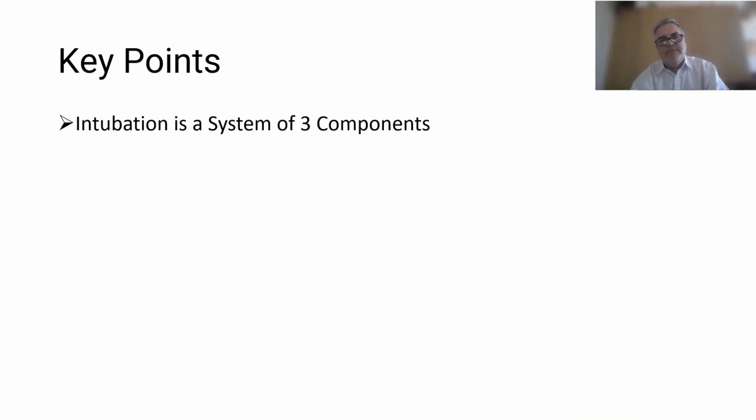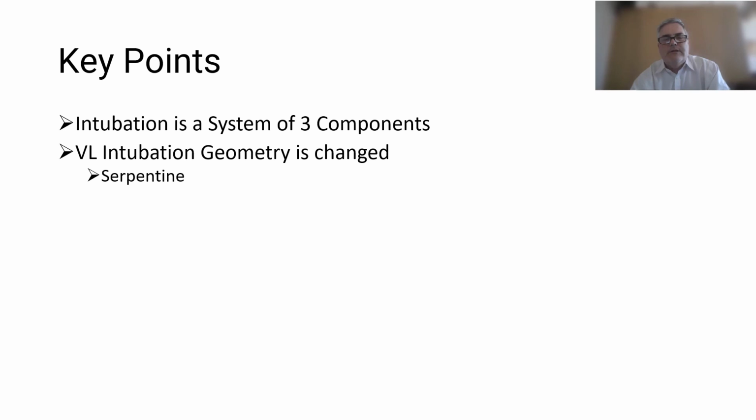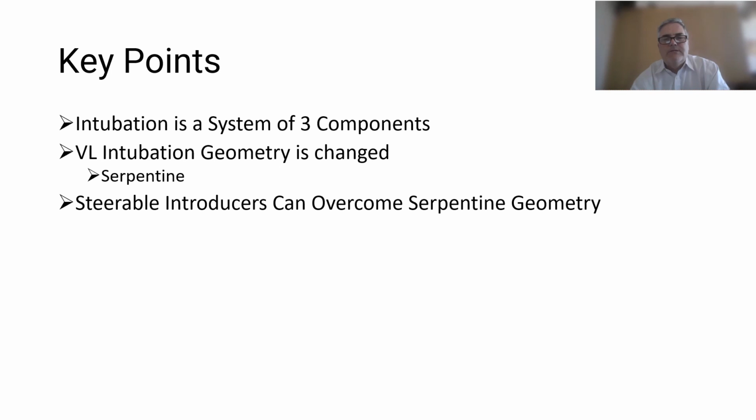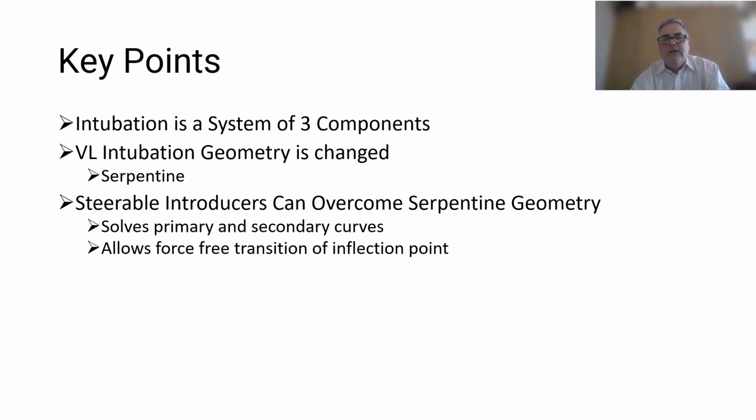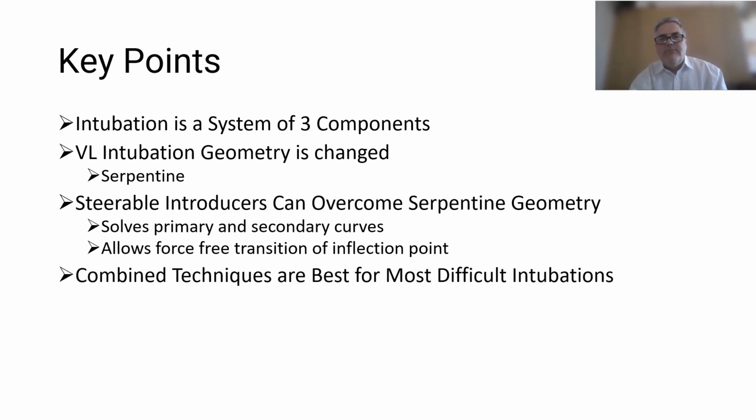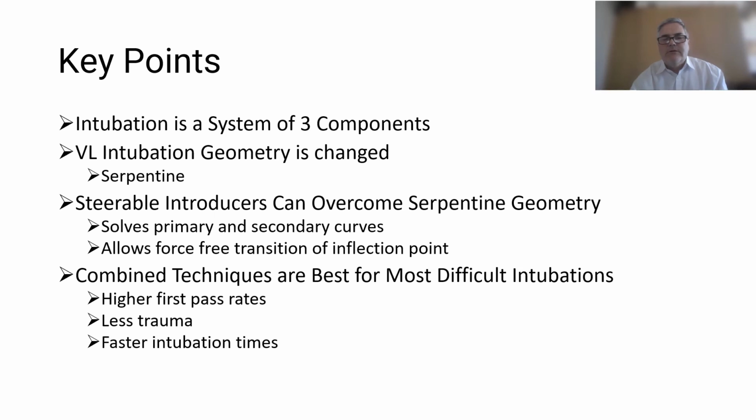Key points. Intubation is a system of 3 components. With VL, intubation geometry is changed. It's now serpentine geometry. Our models need to change to reflect that. Steerable introducers or dynamic introducers can overcome serpentine geometry. They can solve all 3 geometry problems, the primary and secondary curves, and then force-free transition of the inflection point. Combined techniques are best for most difficult intubations. They have higher first pass rates, less trauma to the patients, faster intubation times,